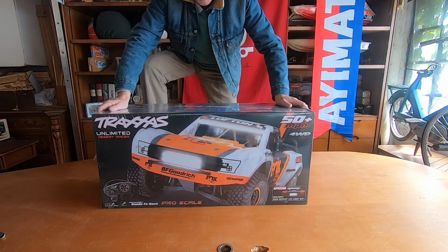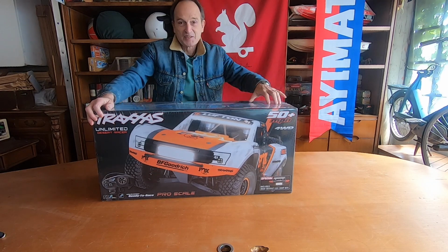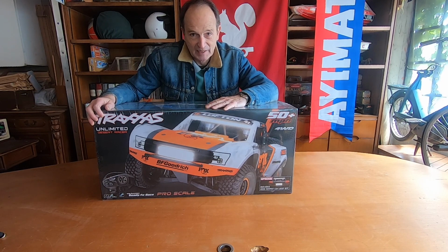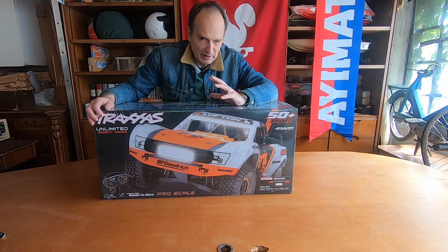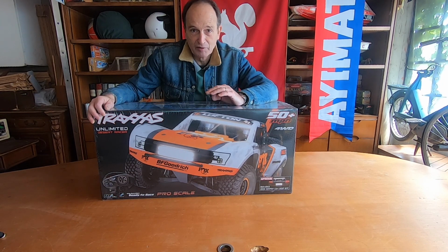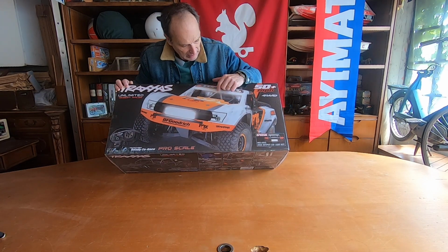Traxxas UDR. And now we unbox it. This is not a new model. It's a lot of years that Traxxas has made this. But up to now, it's one of the best. Horizon Hobby has made a vehicle like this, a little bit bigger, but this is a real reproduction of the real car that races in the desert. And I've chosen this color,